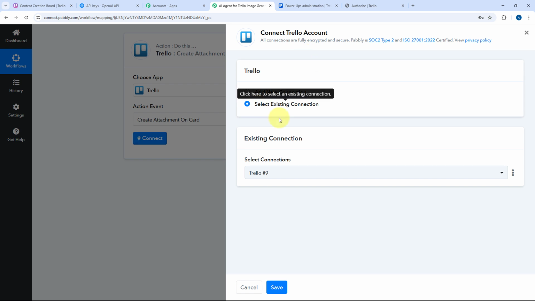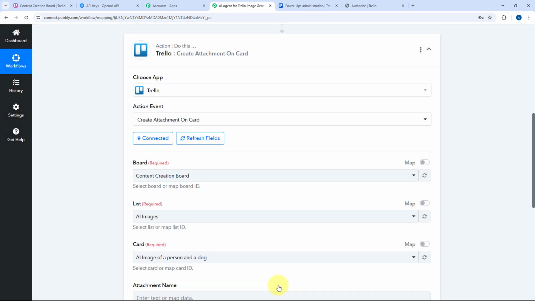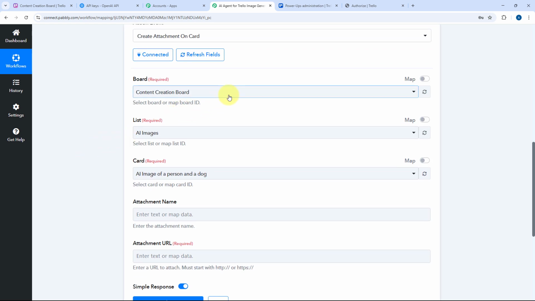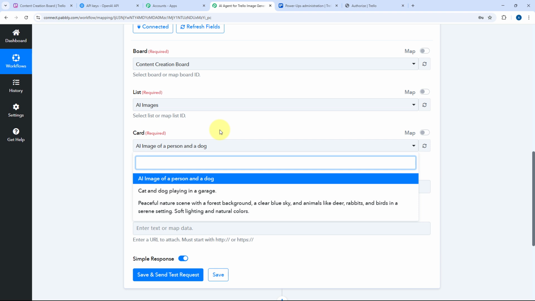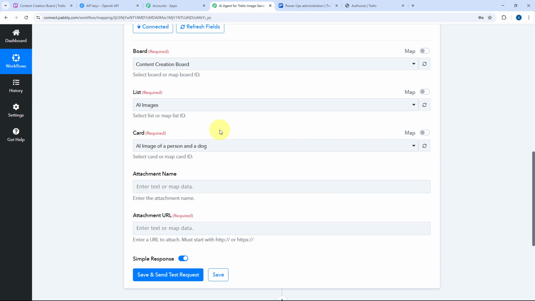Just click on Connect, and because we have connected our Trello account with Pabbly Connect in the trigger step, we don't have to make a new connection. You can select the existing connection and click on Save. Once we click on Save, we will see our Trello account will get connected with Pabbly Connect. After making the connection, it is asking us for the board. So once again, we'll select the same board and the same list which we have selected in the trigger step. And then it will ask us for the card, that in which particular card we want to basically update the